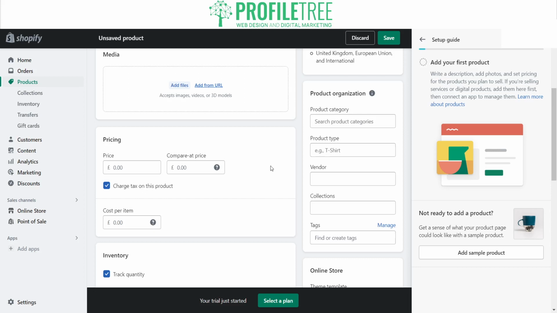So that's the pricing there, and then the cost per item as well. That's where you'll have your profit and your margin. Say it cost you about £10, and then the pricing for this would be £49.99. So your profit is £39.99 with an 80% margin. That's what it's showing, and if you do charge tax on this product, then that's